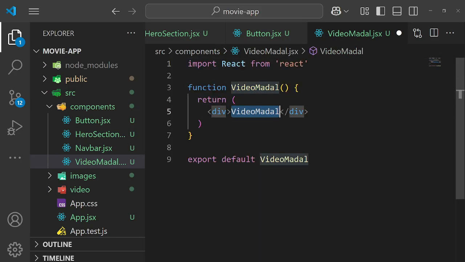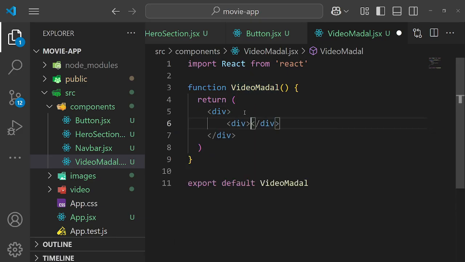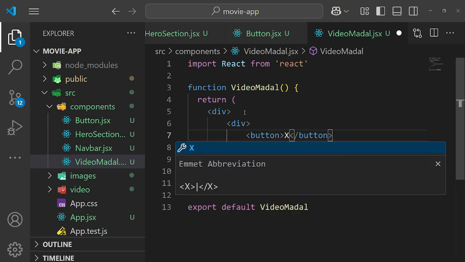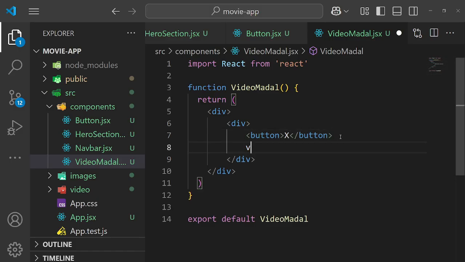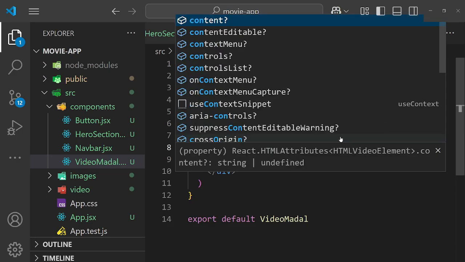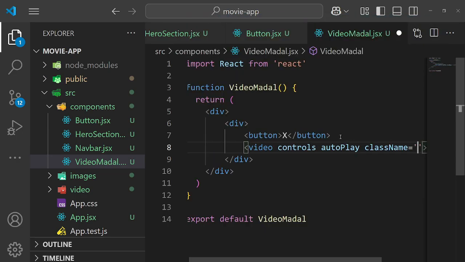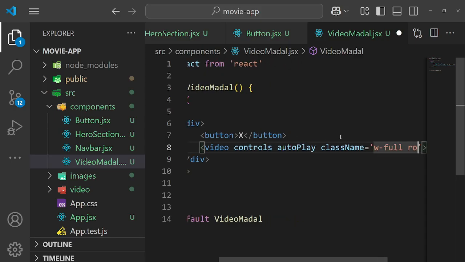So remove this video modal text, and inside this div I need to create another div, and inside this div I need to create a button here, and the button text is x mark. It is just a close button, and below this button I am going to create a video tag here. The properties are controls, and the next property is autoplay, and I need to create a class, and the class name is w-full and rounded-md,